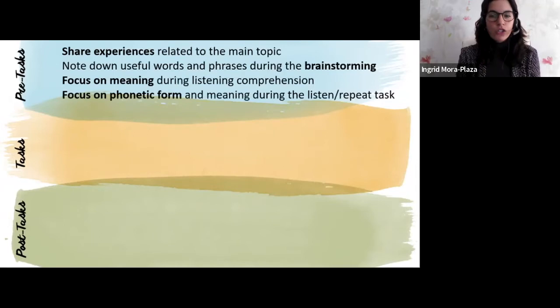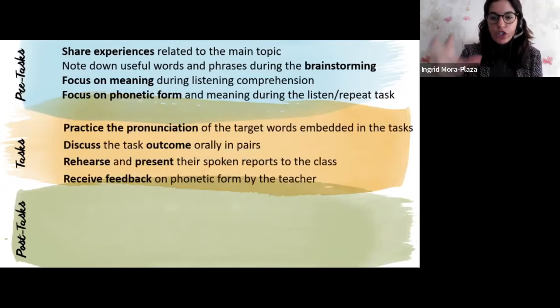session topic, which was, for example, packing a suitcase or going to a restaurant. And then they were exposed to the target phonetic forms and meaning through native recordings. Then during the task cycle, learners practiced the pronunciation of the target words in a holistic manner in pairs. They rehearsed their spoken reports, and then they presented them in front of the class